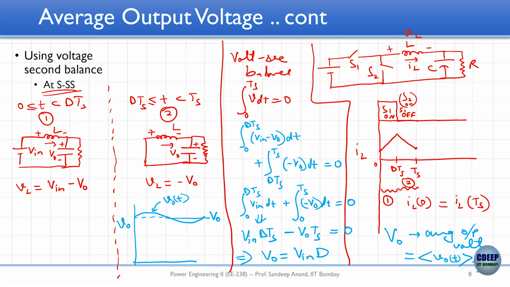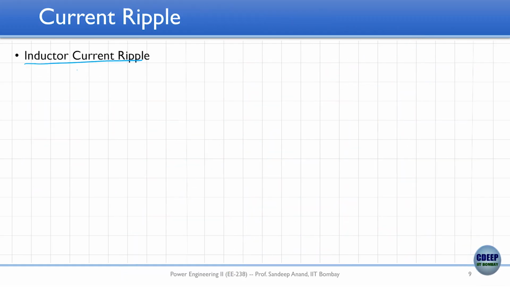Alright, then our next step in analyzing this circuit: we have already found the average voltage of the output and the average voltage at the input. We have already found the relationship, right? Next step is, what is the inductor ripple current, right? And why is it important? What is inductor ripple current? Why is it important? So,